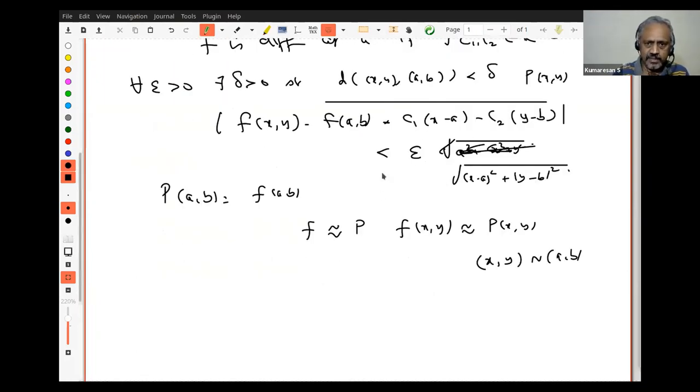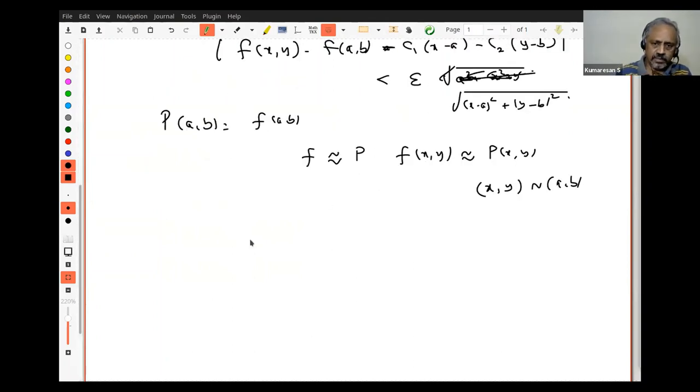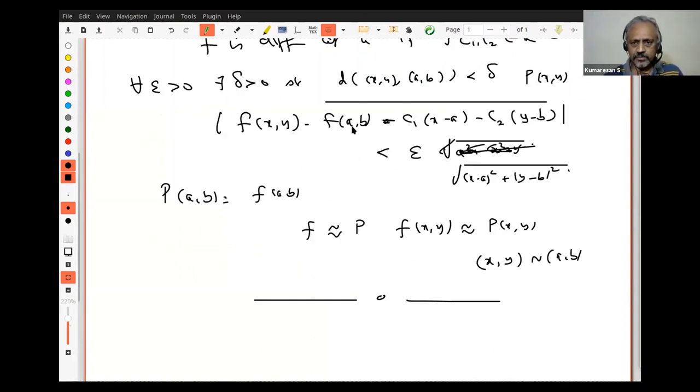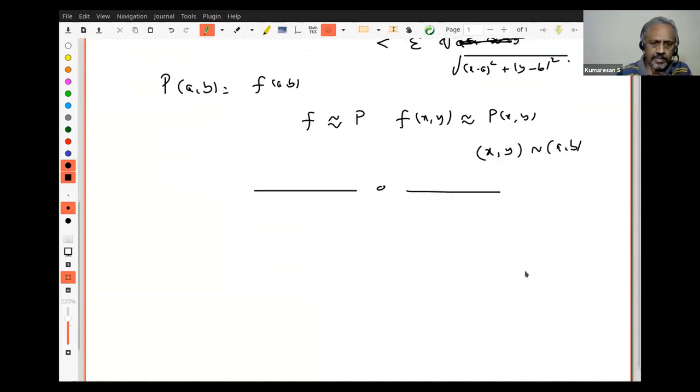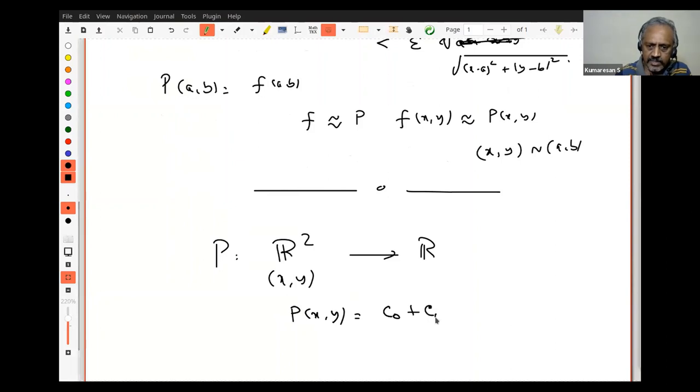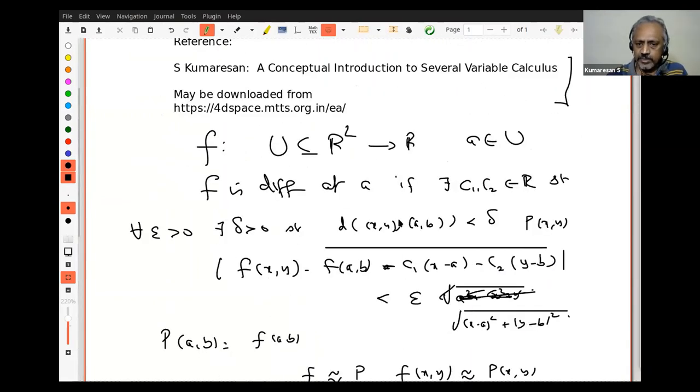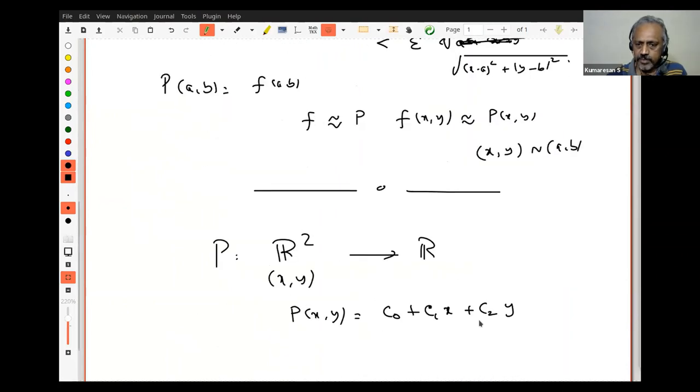This is a minus sign. It looks like plus, but it is minus. Now, yesterday some student asked why I wanted to do this. I already explained. I wanted the first degree polynomial because if you look at P, I want a first degree polynomial in x and y. What does it mean? Let us assume the coordinates are x and y. Then a first degree polynomial in x and y will be of this form: some constant c0 plus c1 times x plus c2 times y. But I want a first degree polynomial in the variables x minus a and y minus b here. But in general, a first degree polynomial will be this.